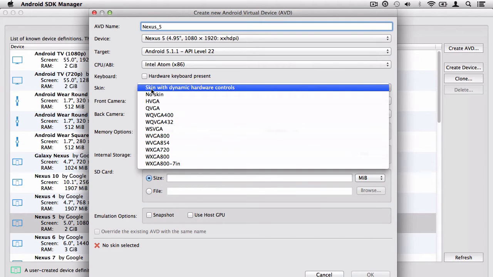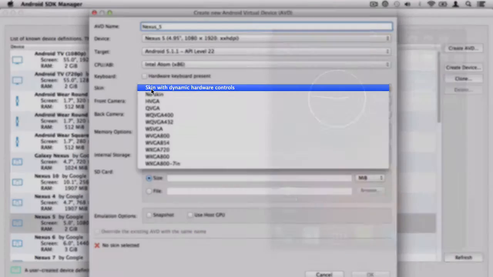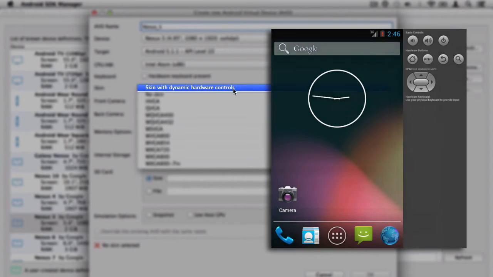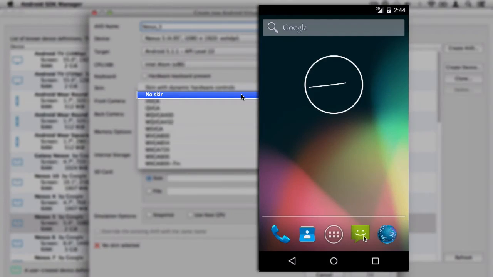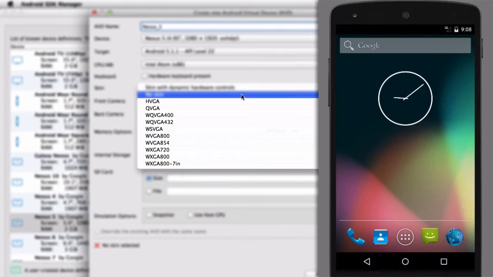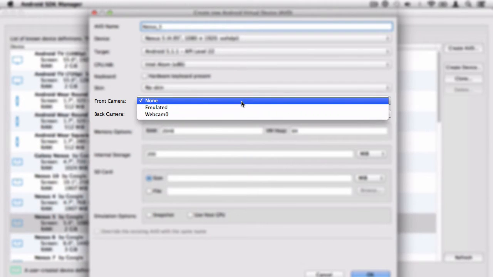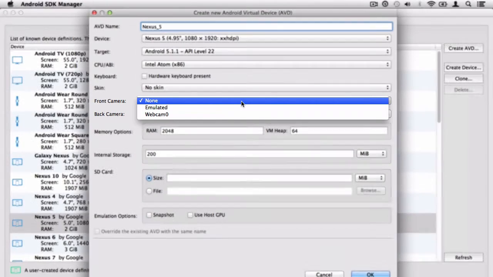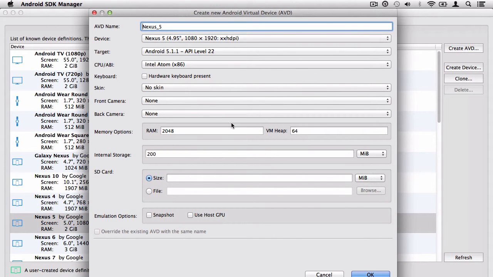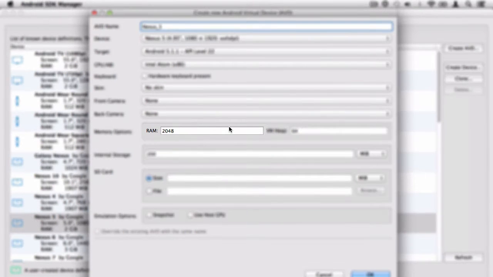Then we have a choice of skins to choose from. You can have a skin with dynamic controls, no skin at all, or other various skins that give a device-like appearance. Next, you can emulate or use a webcam connected to your computer for the front and rear cameras on the AVD device. Next, I can allocate how much RAM or random access memory my AVD device can have, so